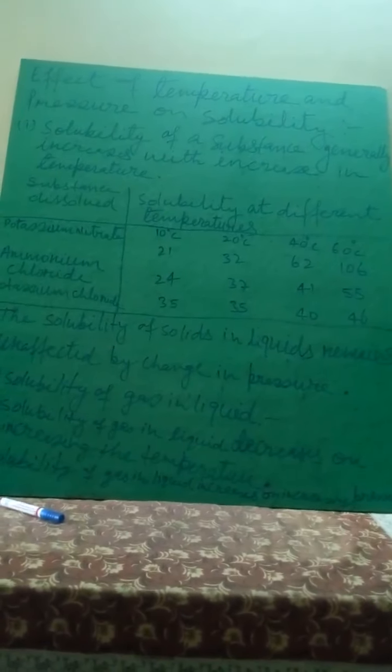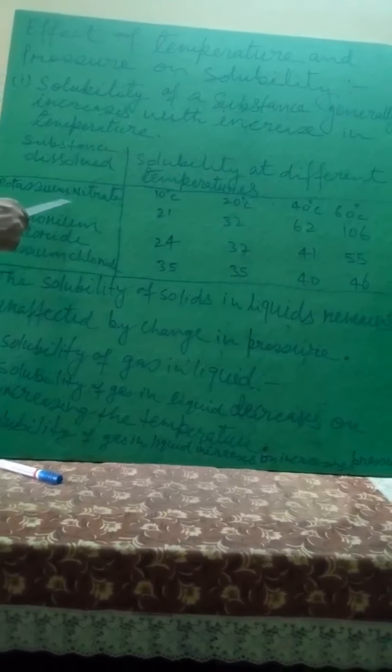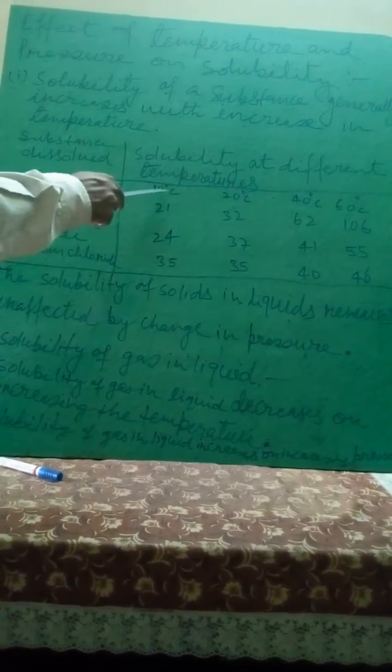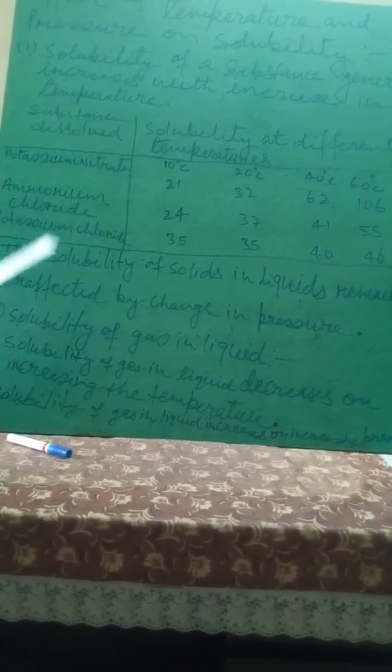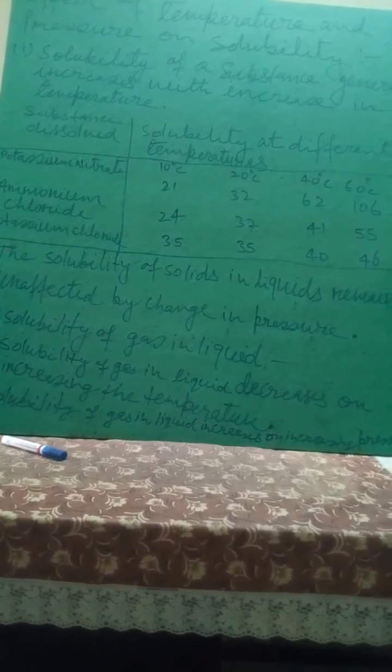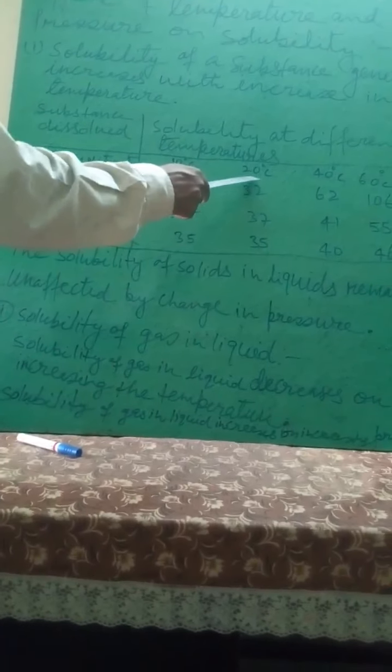For example, potassium nitrate. The solubility of potassium nitrate at 10 degrees centigrade is 21. When the saturated solution of potassium nitrate is heated up to 20 degrees centigrade, the solution becomes unsaturated,